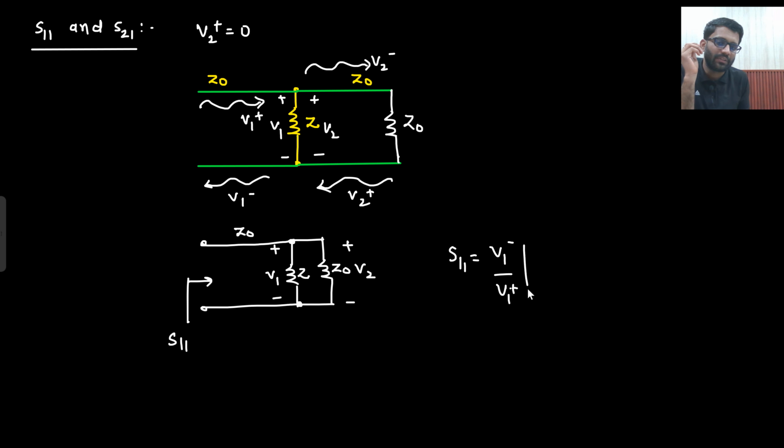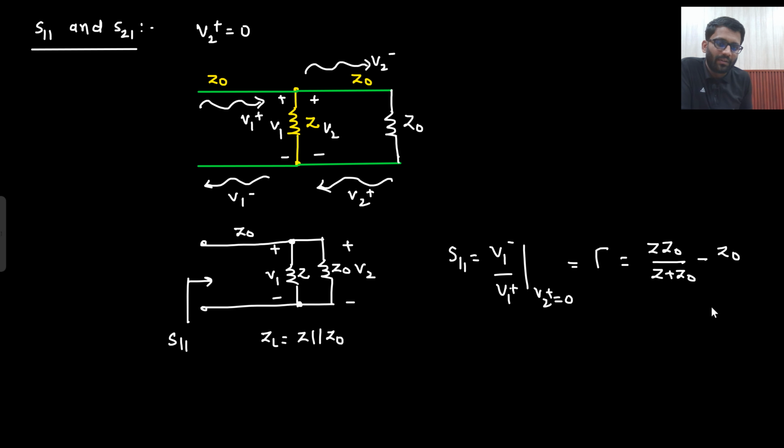What is this equal to? Certainly when V2 plus is equal to 0. This is the reflection coefficient at the load. What is that equal to? ZL minus Z naught upon ZL plus Z naught. Now what is ZL here? ZL is Z parallel with Z naught. That is equal to Z into Z naught upon Z plus Z naught, ZL minus Z naught upon ZL